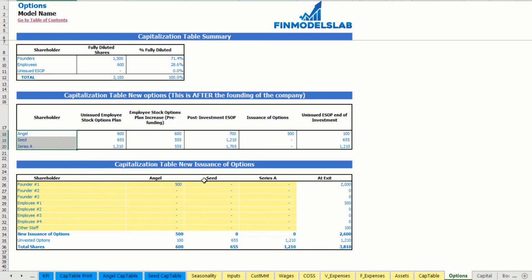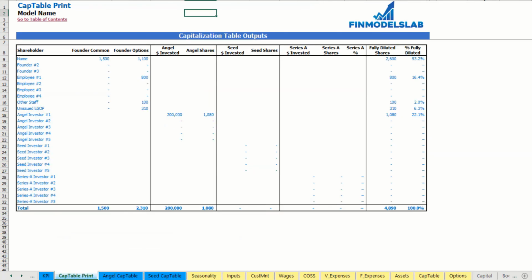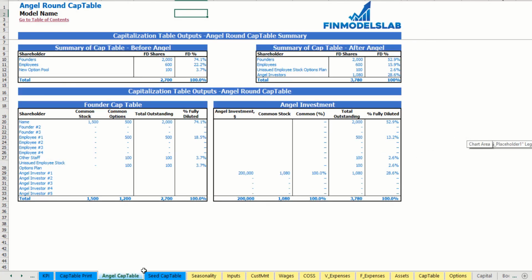For example, founder 1 can have in seed round another 600 options, employee 1 can have in Series A some 300 options. As a summary, you have 3 reporting tabs which can be printed. This is cap table print, the detailization of funding, angel, seed and Series A round, more detailed angel cap table round, which is summary of cap table before angel, after angel, and the breakdown of investors by investor names, dilution,